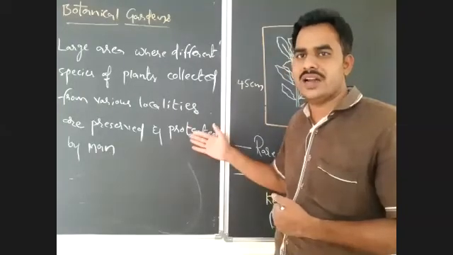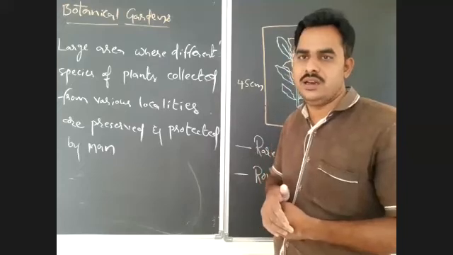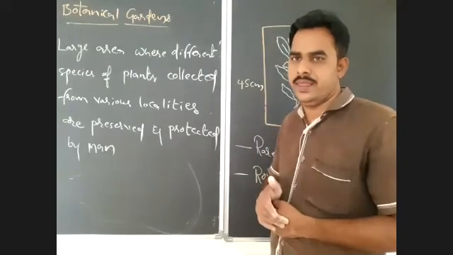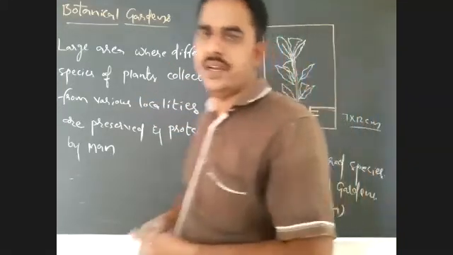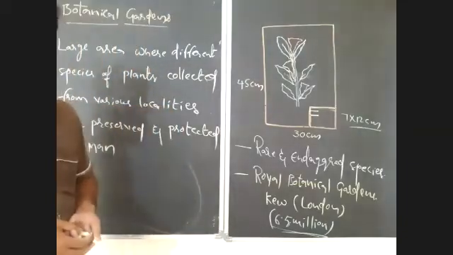In the herbarium there is availability of plant materials or plant specimens, and we study the plants. But what about the botanical garden? A live plant is available. So for researchers or for scientific studies, this will provide more valuable information than the herbarium, that you have to notice about the botanical garden. So what a botanical garden is, is clear.